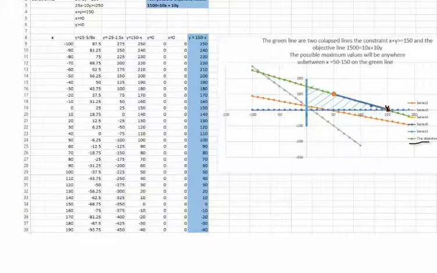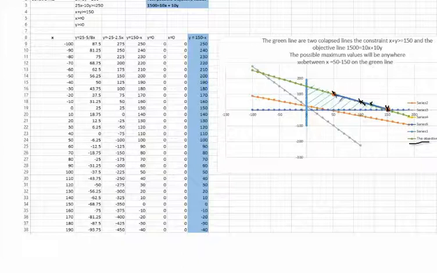Okay, now you have to try another point somewhere. Okay, let's try this point right here, that has x equals 100, y equals 50. If you plug in those values, again you get 1500. So now this gives you an indication that it is possibly the maximum solution. Then you try again different values, you come to the next orange point right here where x is 50 and y is 100. This again gives you 1500.